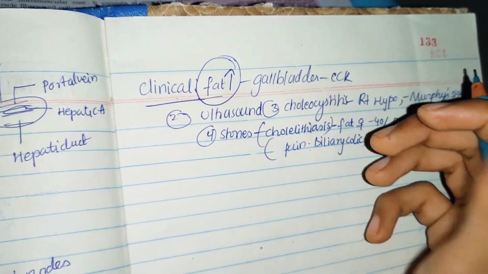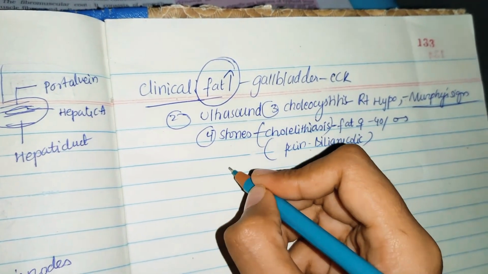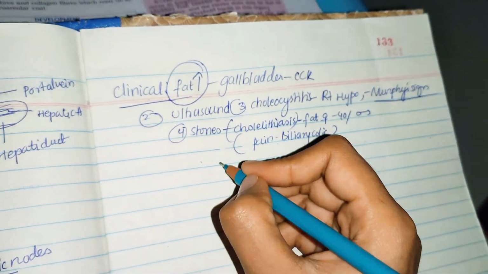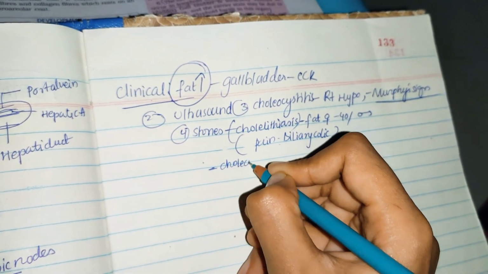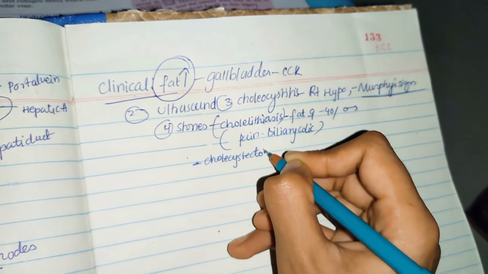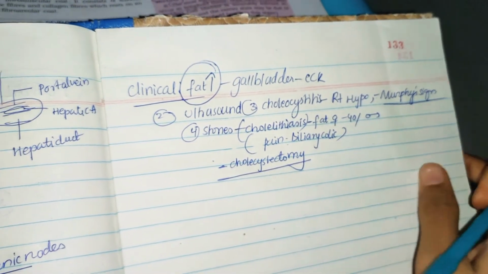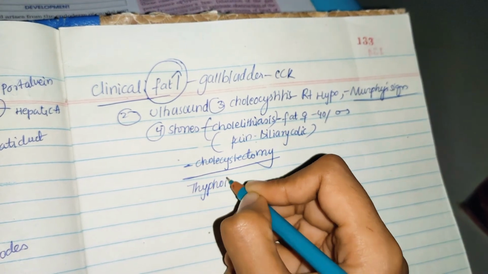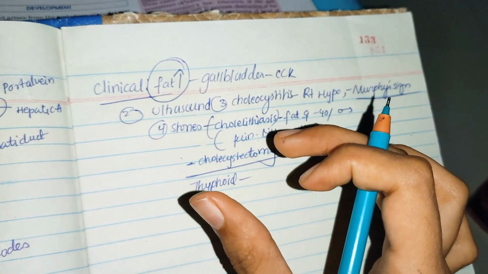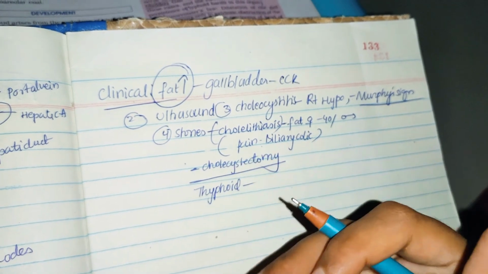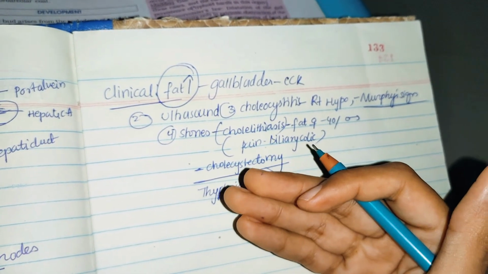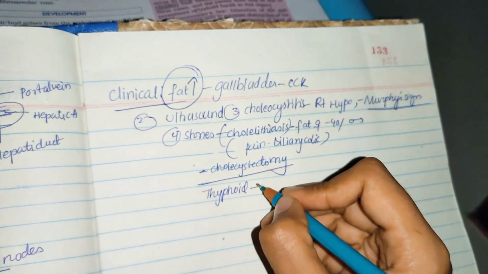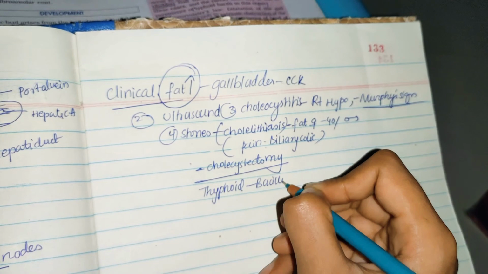Okay, next coming to the removal. If you want to remove the gallbladder in the case of stones or inflammation or anything, that process is called cholecystectomy, which is done by surgeons. And next, coming to typhoid fever. How is typhoid fever connected to the gallbladder? In typhoid fever, the lymphatic tissue is affected, bone marrow is affected, and the gallbladder is affected. The gallbladder is infected in these cases, and the carrier state may be due to typhoid bacilli. So typhoid bacilli can be seen in the gallbladder.